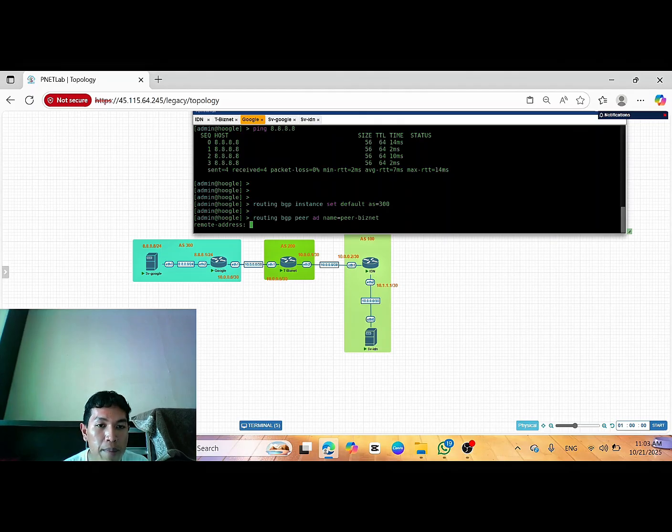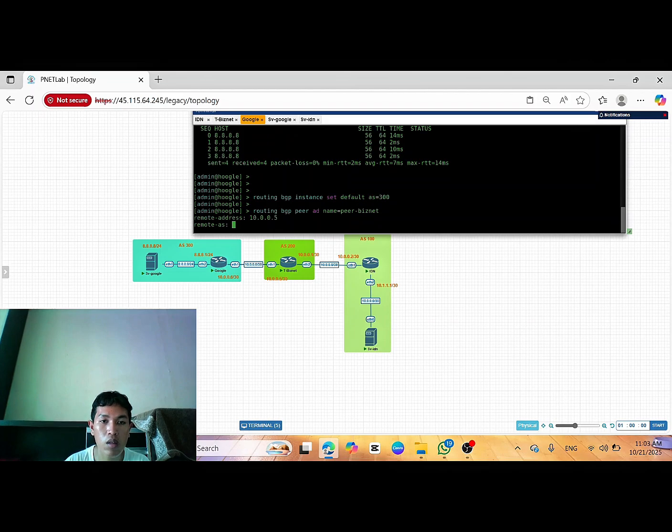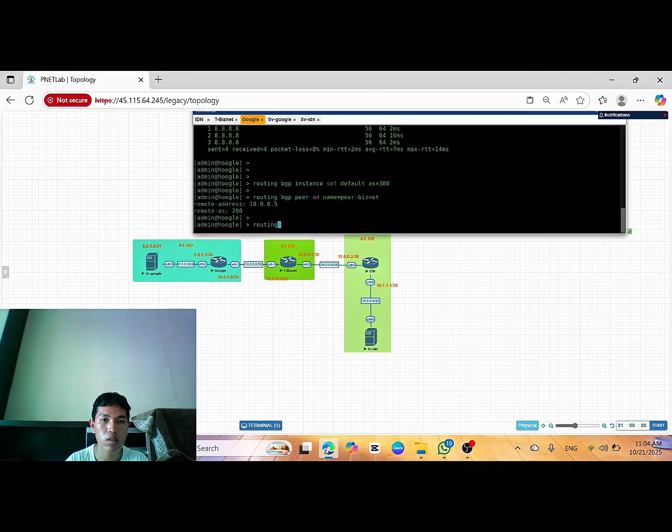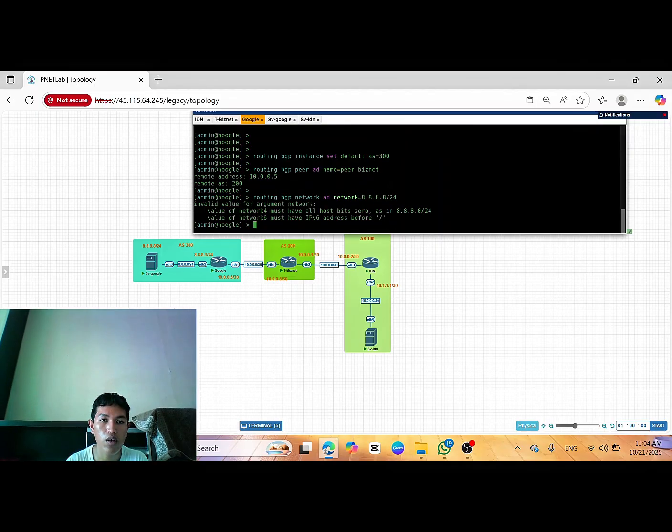Remote address 10.0.0.5, remote AS 200, enter. Routing BGP network, add network, advertise this server, 8.8.8.8/24, enter.